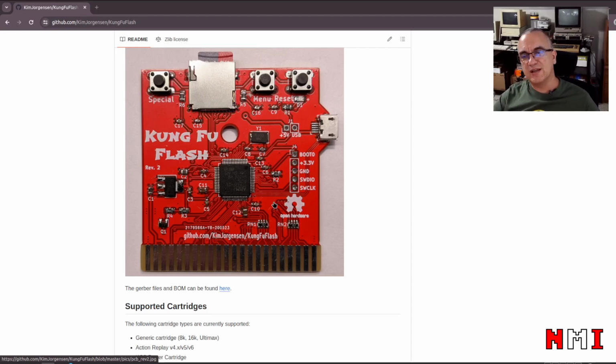Basically, the cartridge lives in, well, that's the standard for cartridges on the Commodore 64. There is an address space allocated for the cartridge. So this project, this board here, maps or connects into that address space, and then the ARM CPU is going to decode all the accesses to those addresses and take the data from its internal flash and provide it back to the Commodore 64. Don't know if that is clear, but basically the CPU on the Commodore 64, the 6502, is